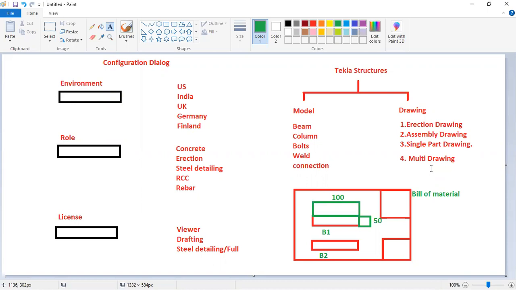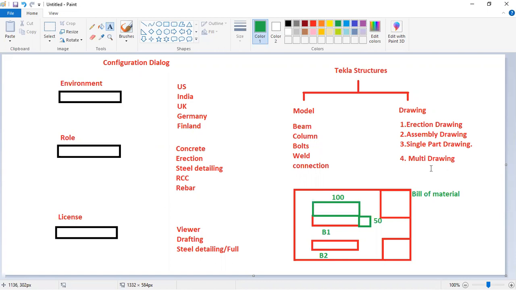So generally in Indian and all other standards, UK, everywhere, we are creating assembly, single part and erection. These three basic drawings we are submitting. We are not submitting multi-drawings because there are a lot of issues in that. Generally, fabricators are used to visually seeing the different assemblies, and if you are clubbing them, it will be confusing for them.